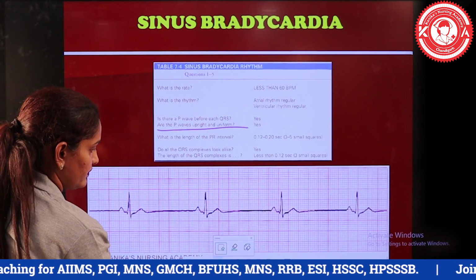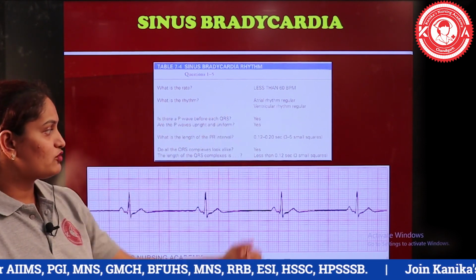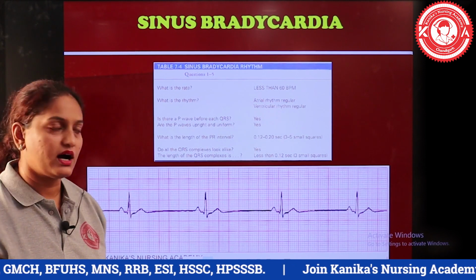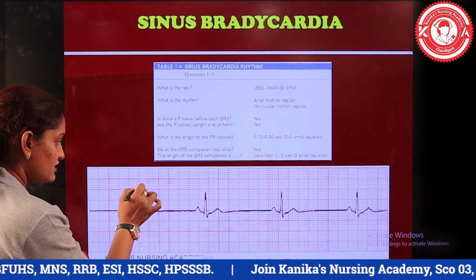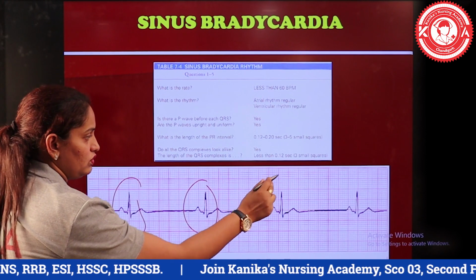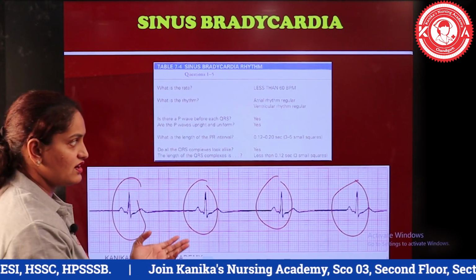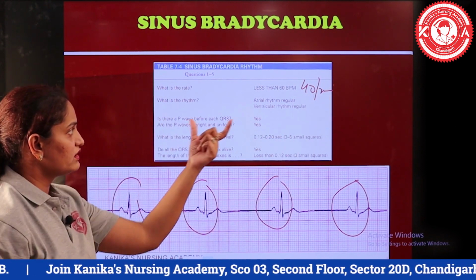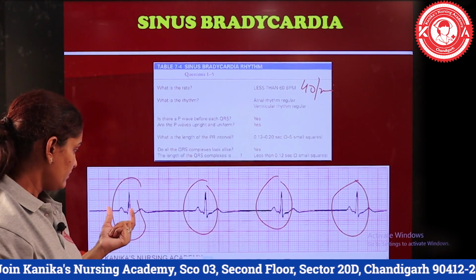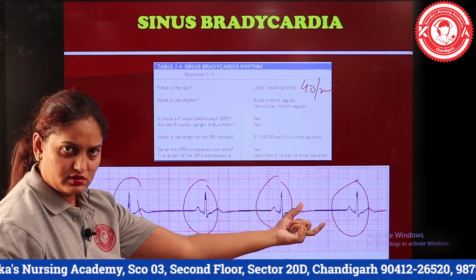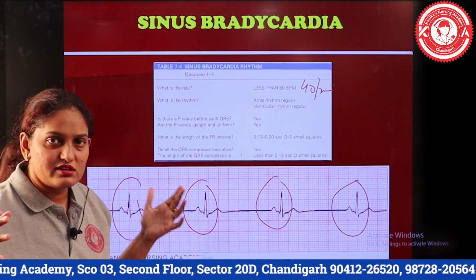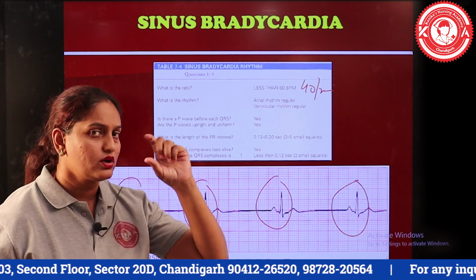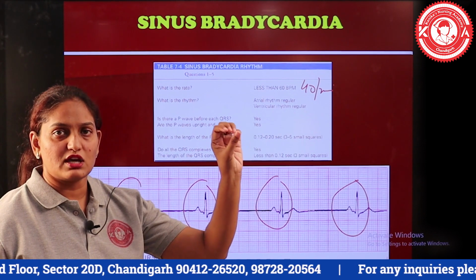Moving ahead, this is an example of sinus bradycardia. The answer to every question will be normal except for the heart rate, which will be less than normal: 1, 2, 3 and 4. This patient has a heart rate of 40 beats per minute, and otherwise the rhythm is regular. The interval of P to QRS is okay. The only thing is the heart is beating at a slower rate, but everything else is normal. There are no abnormalities in the sinoatrial node.